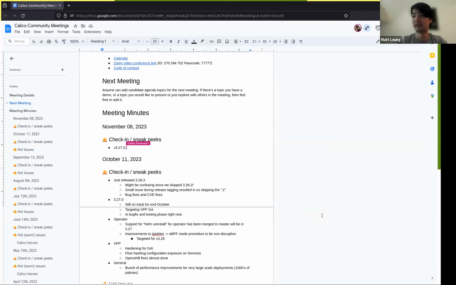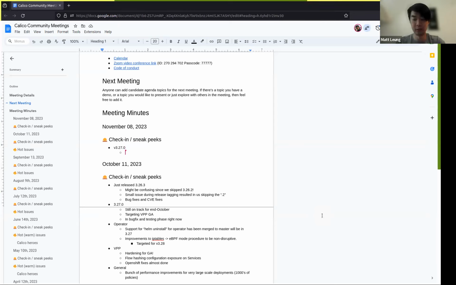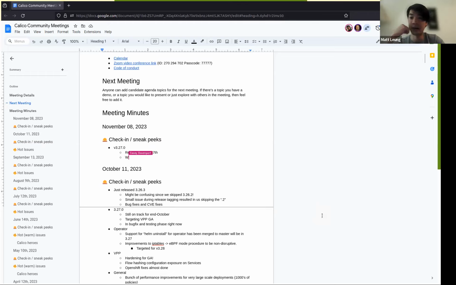So 327.0, we are looking to still release that on the 17th. So that's our target date. Things could slip, but for the most part, it looks like we're on track for the moment. The big pieces we're finishing up now are a lot of the testing for the Windows HPC stuff, which Pedro is working on. So we're right there at the finish line.